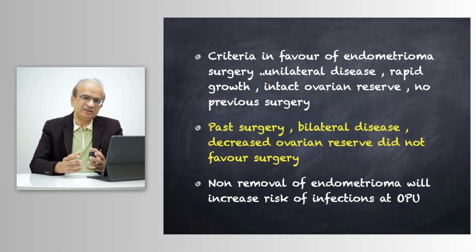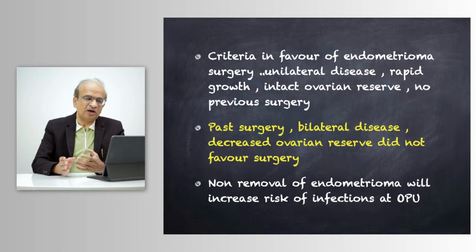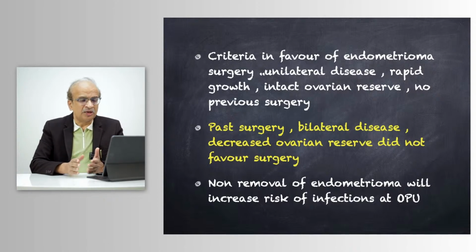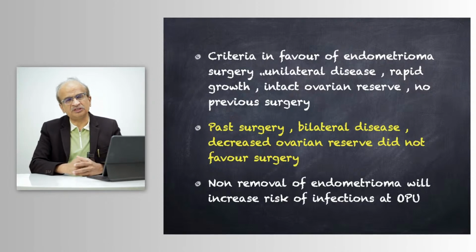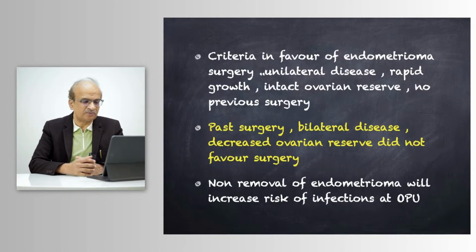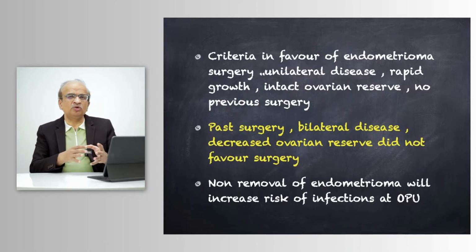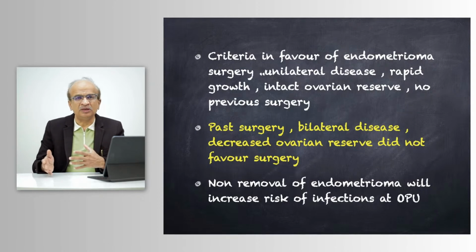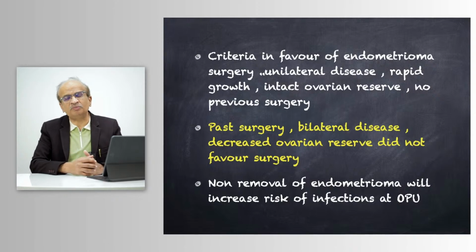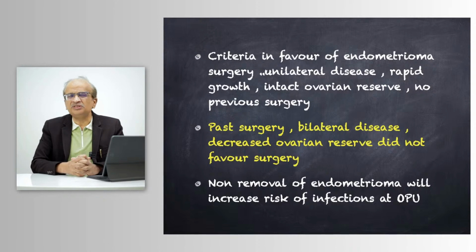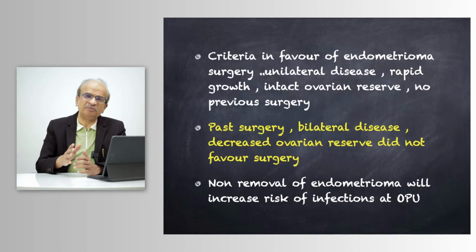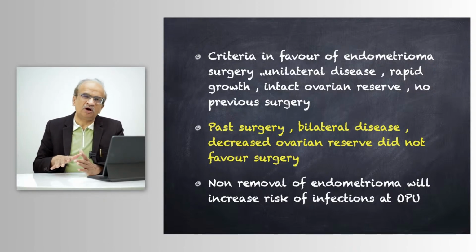But on the other side, if you have a past surgery already done, there is a bilateral disease, there is a decreased ovarian reserve, obviously this does not favor a repeat surgery. And on the other side, suppose you don't remove an endometrioma and you go for OPU, inadvertent puncture of those endometrioma increases the risk of pelvic infection, and in a few cases even pelvic abscesses have been noted. So it's very individualized decision making depending upon a very holistic approach of knowing the age,